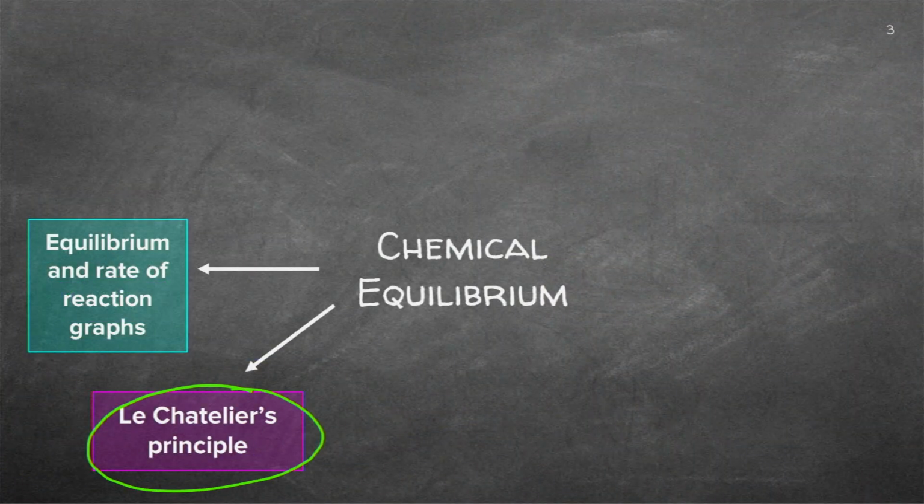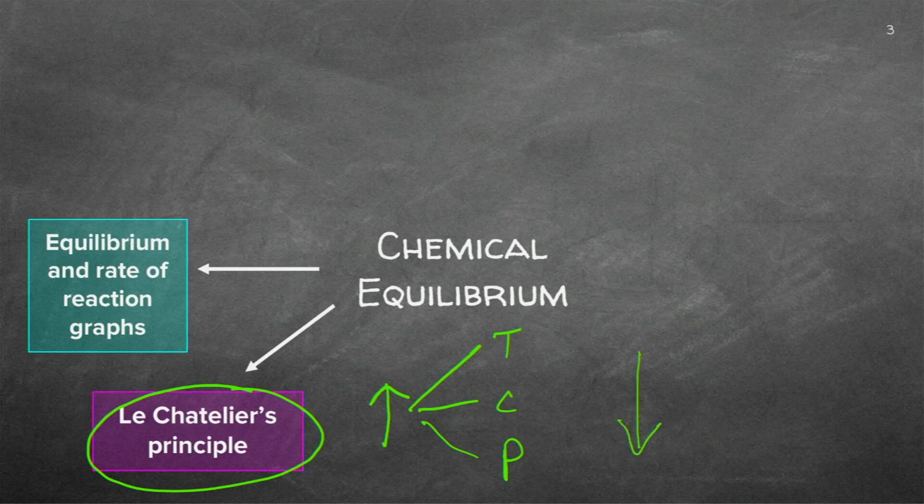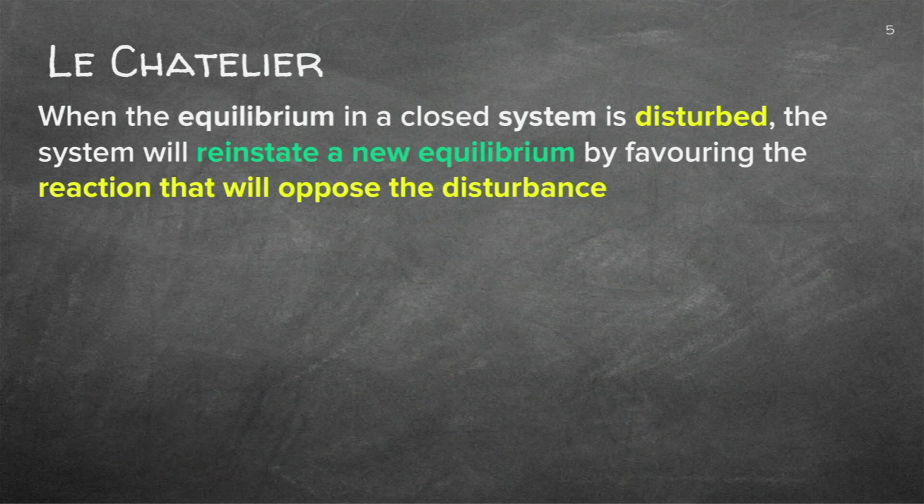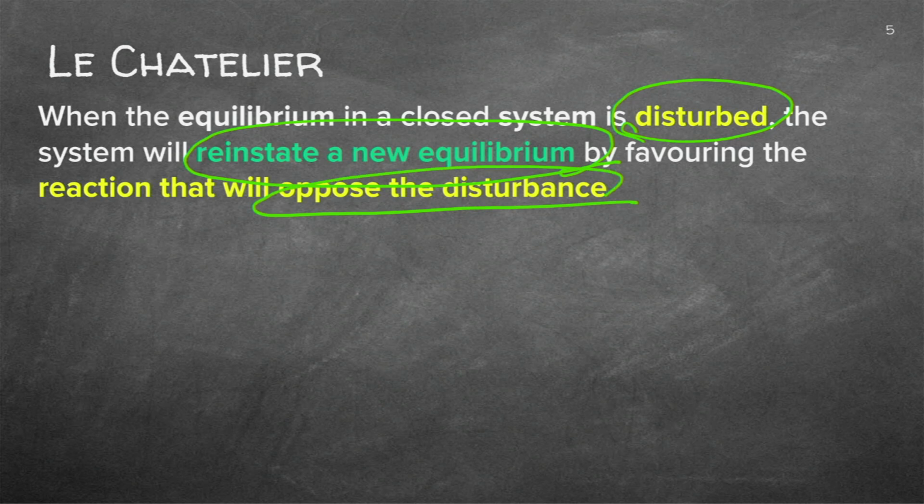Can you remember what Le Chatelier said? He said if we externally change the conditions, we increase either the temperature, the concentration, or the pressure, the system will want to do the opposite, mother-in-law. So it will want to take down the energy, take down the concentration, or lower the pressure, or increase. It depends on what the differences were. So if I disturb the system, it will want to get a new equilibrium by opposing that disturbance.